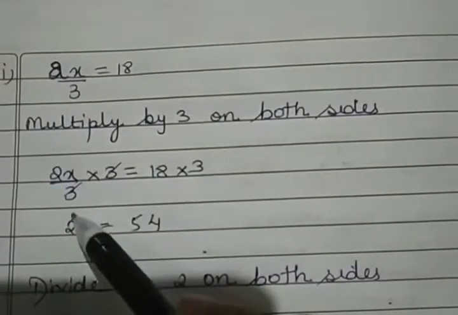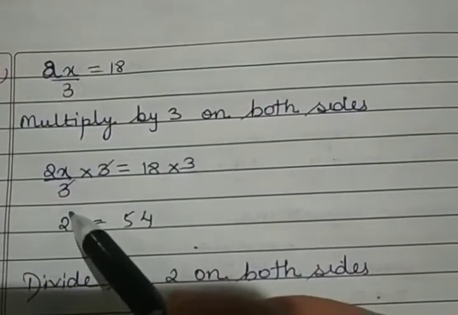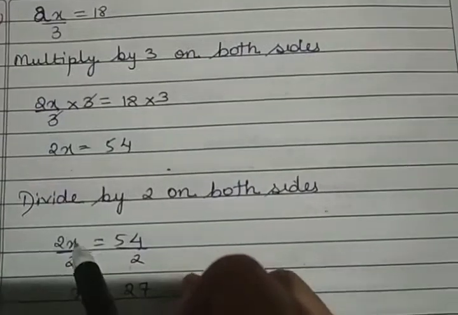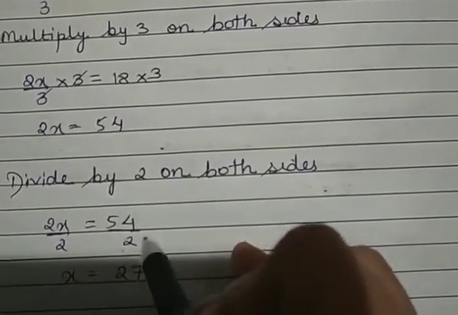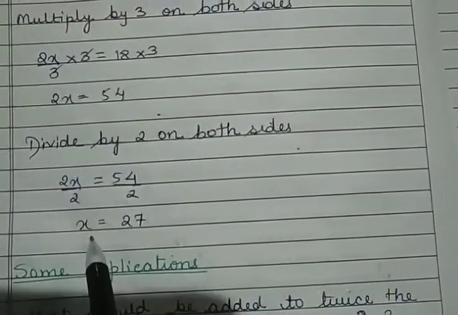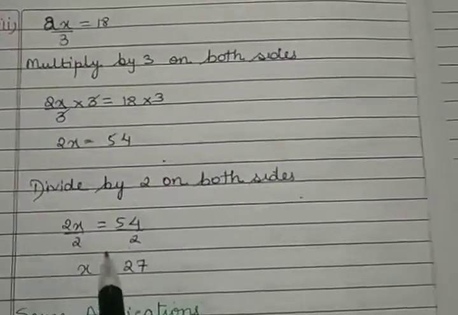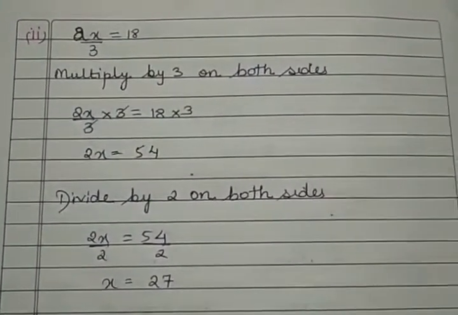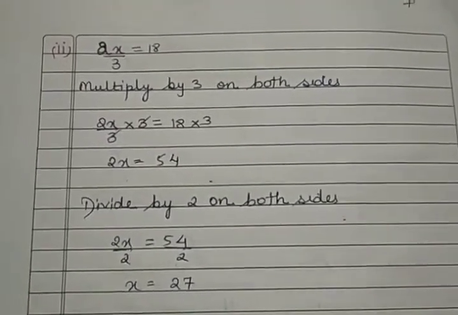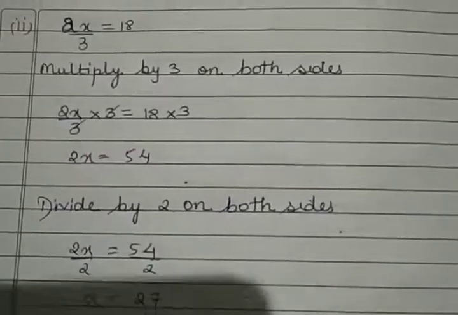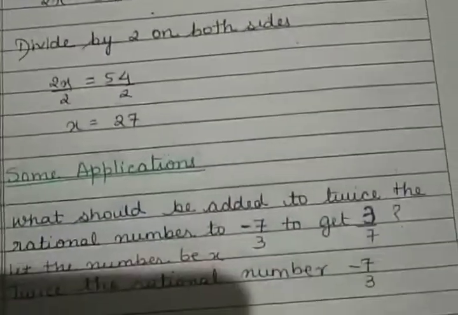Now the next step is to get rid of the coefficient. So divide by 2 on both the sides. You'll get 2x upon 2 is equal to 54 upon 2. So the value is x is equal to 27. So this is how you solve linear equations in one variable in which there is an expression on one side and a number on the other side. Now let us see some